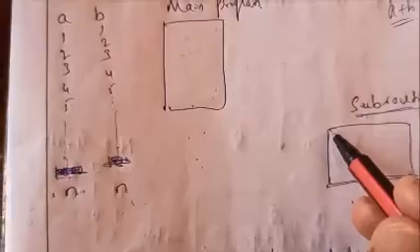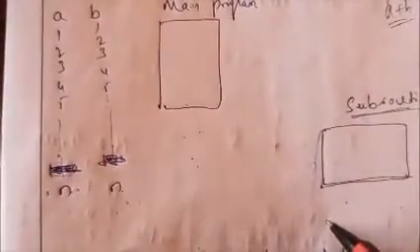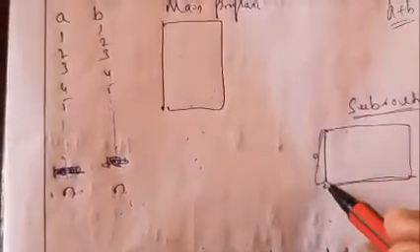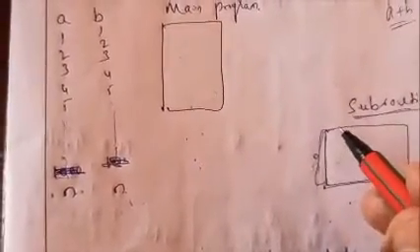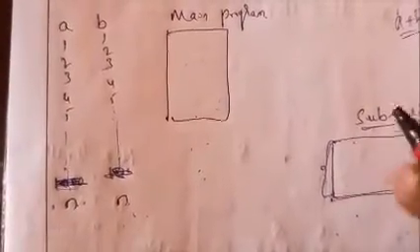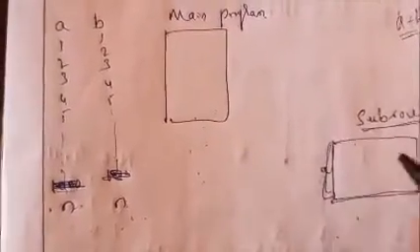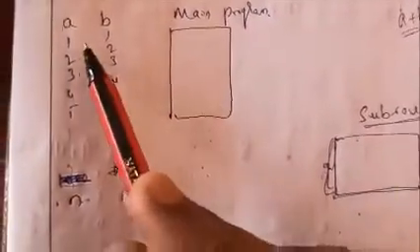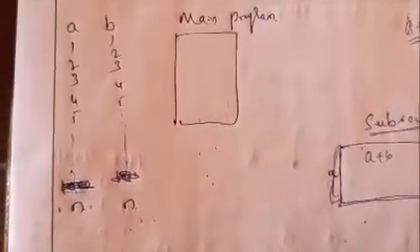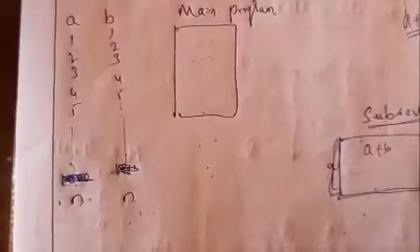A subroutine also consists of a set of instructions. Some instructions are written there, and this set of instructions can be executed many times; the same instructions can be executed again and again. For example, whatever I said about addition here, is it clear? I have simply written the addition program here. In the subroutine, I have written A plus B, a small program.